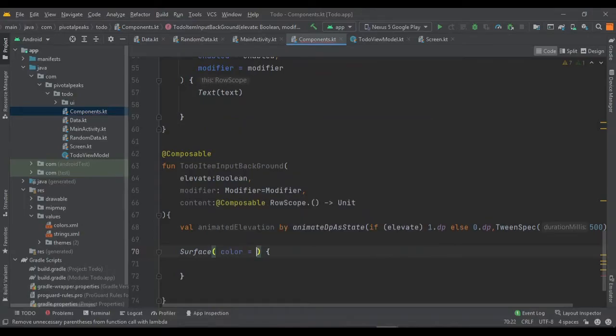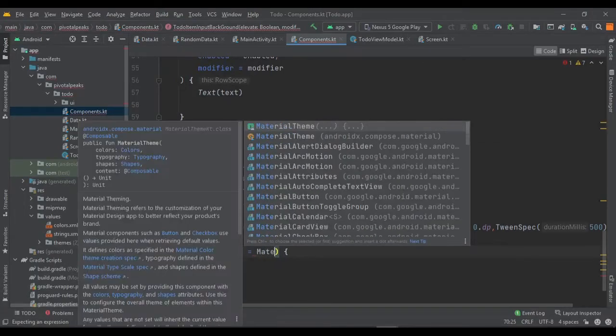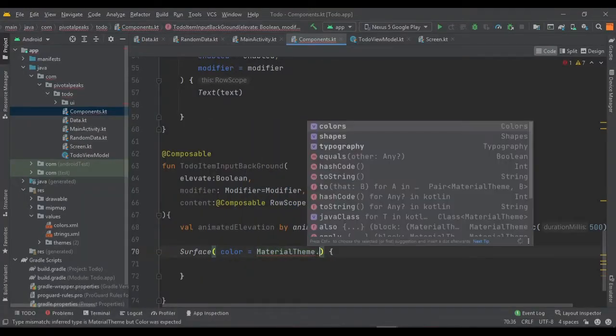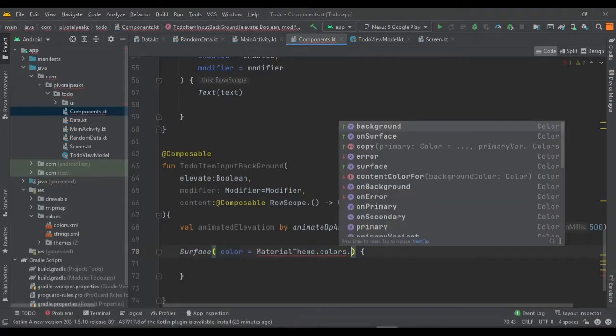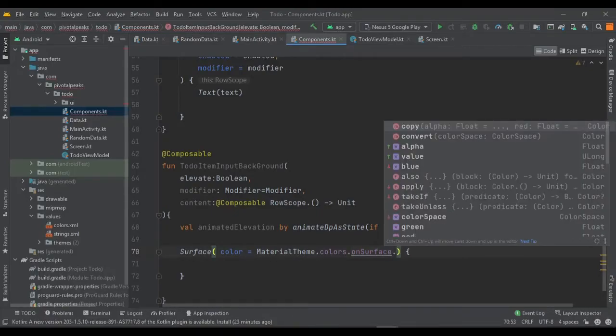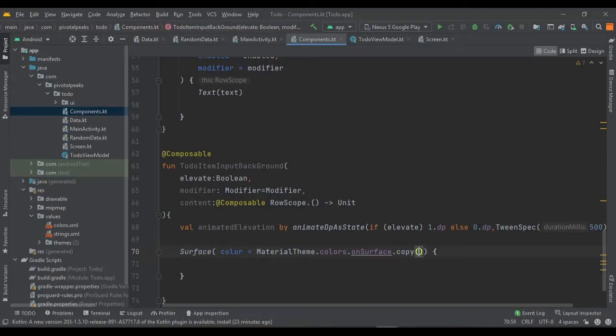We are going to need some colors, and we are going to use MaterialTheme.colors.onSurface.copy, and we need to provide the alpha, which is going to be 0.05f.